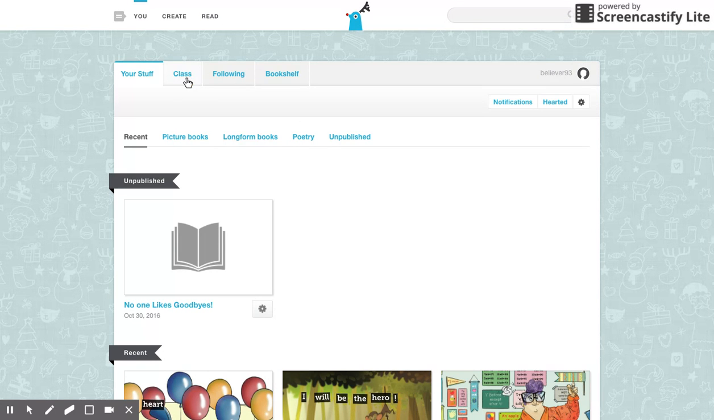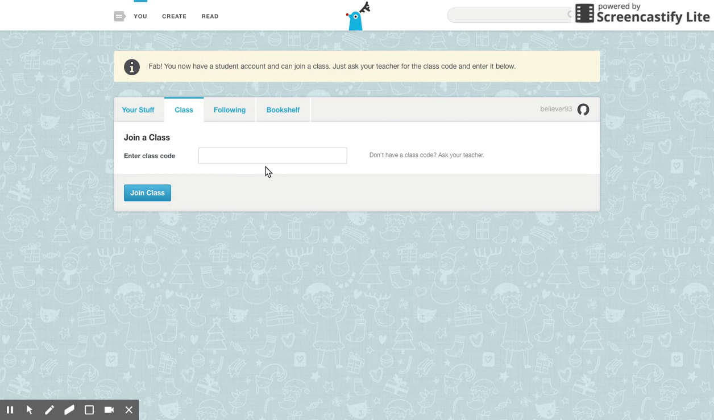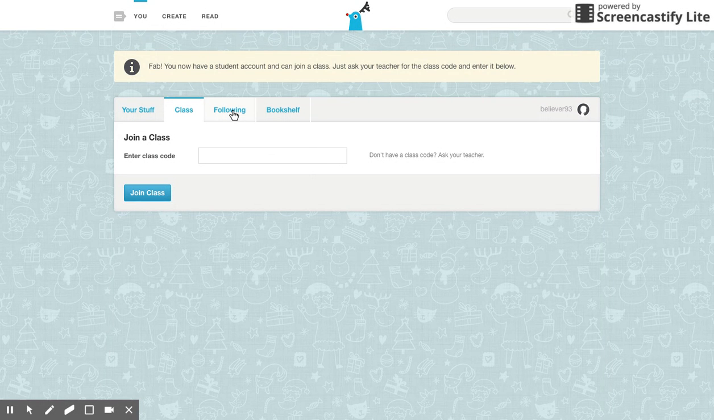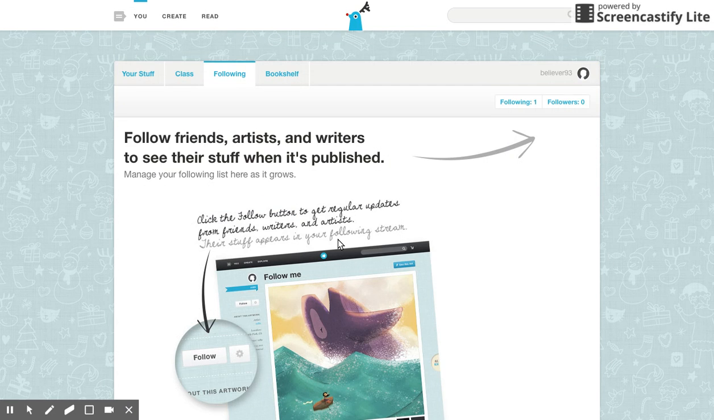The nice thing about educators is that you're able to get a class code and have your students enter it so that the items that they see online are monitored and that they're safe and appropriate for all of your students. So the next feature I want to go over is the following feature, and this feature allows them to